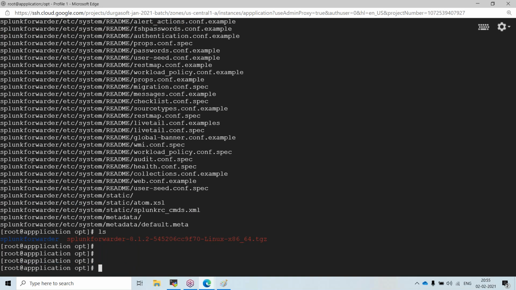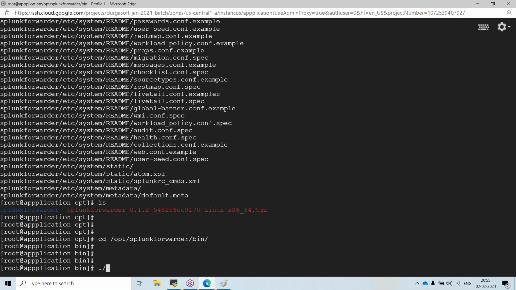Now it has created a directory called splunk forwarder. Okay, now the process is the same. If I want to start this agent, I have to go to cd /opt. Previously in the indexer I went to splunk. Now I have to go to splunkforwarder, splunkforwarder/bin, and if I want to start, same